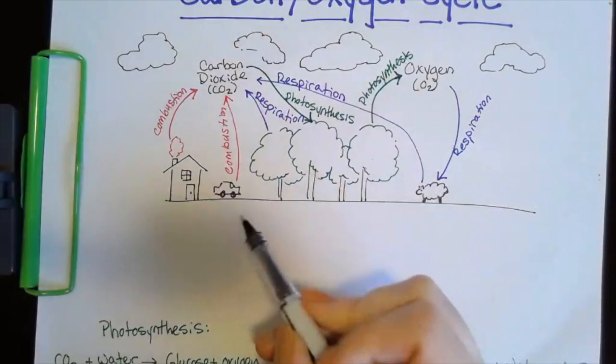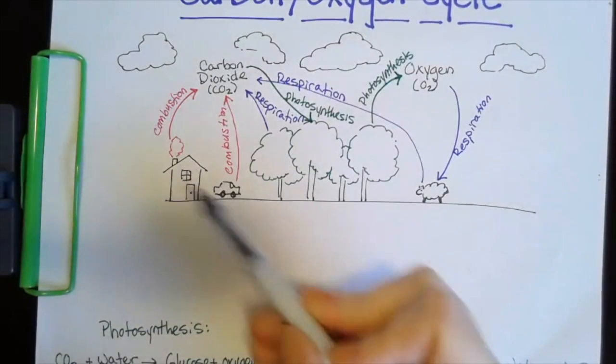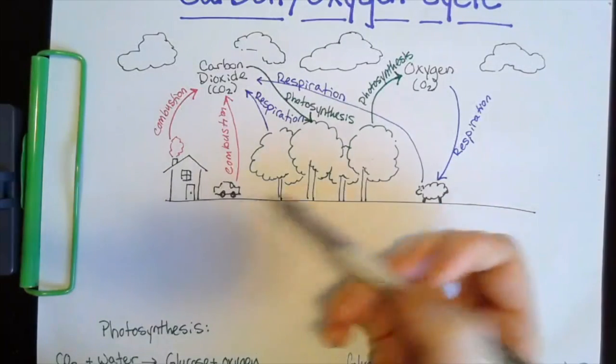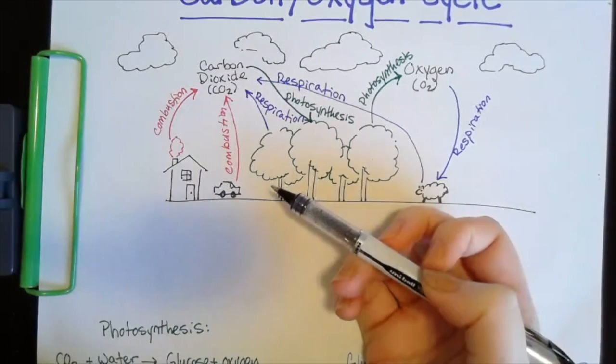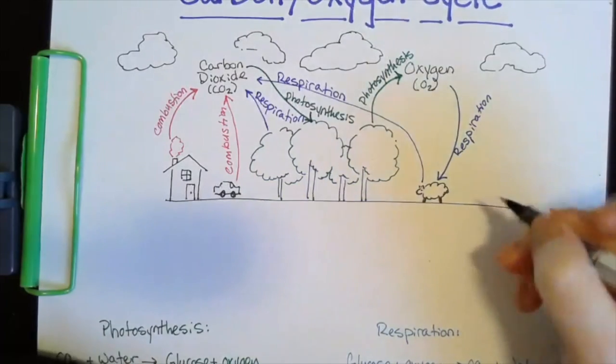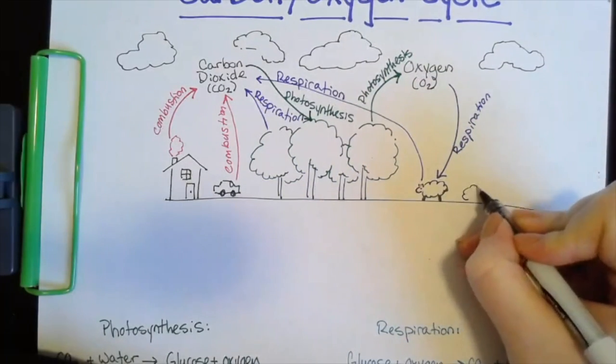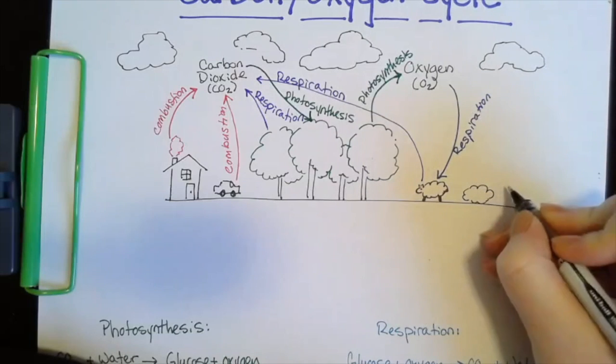One more thing I wanted to mention here. So we talked about combustion. What are we combusting? We could be combusting wood from the trees. We could also be combusting fossil fuels, things like coal or gasoline. But where do those fossil fuels come from? So we have this little sheep over here,